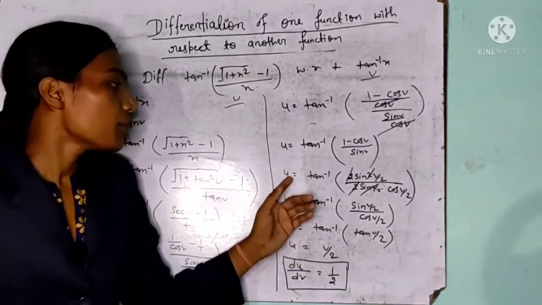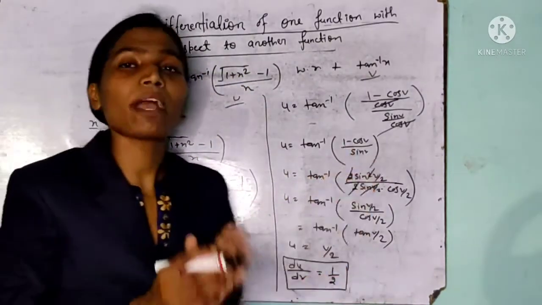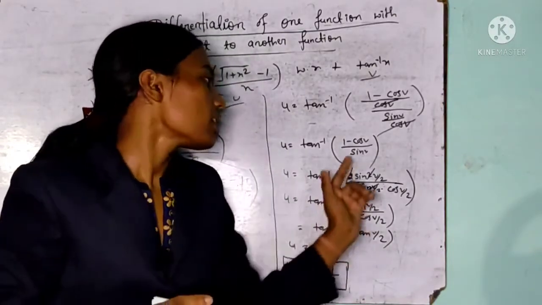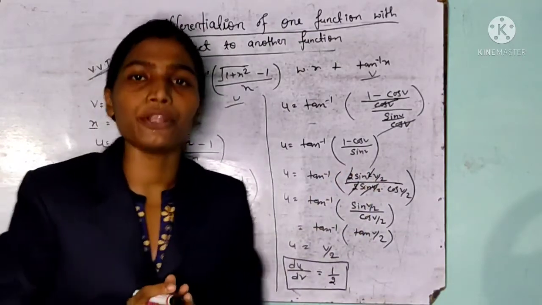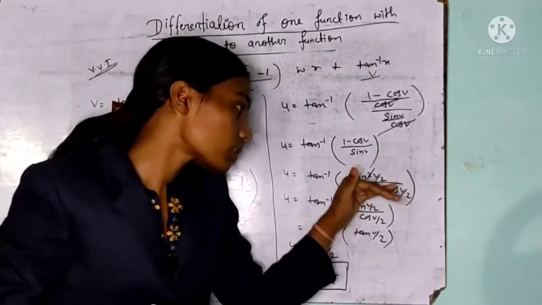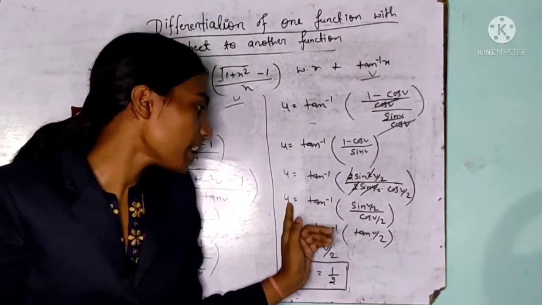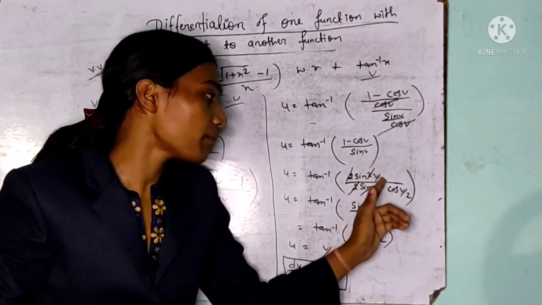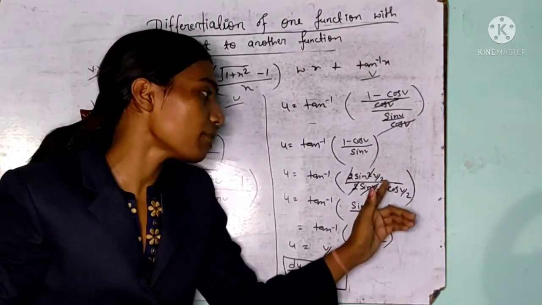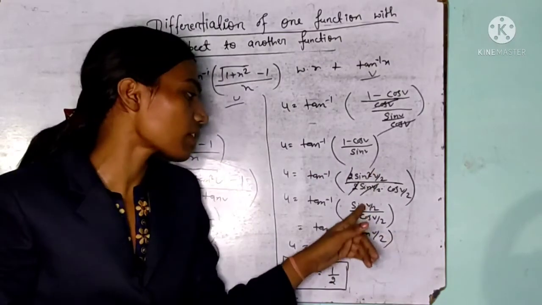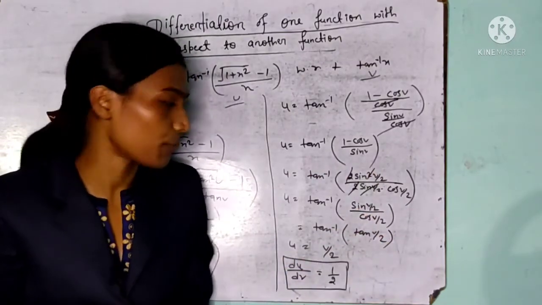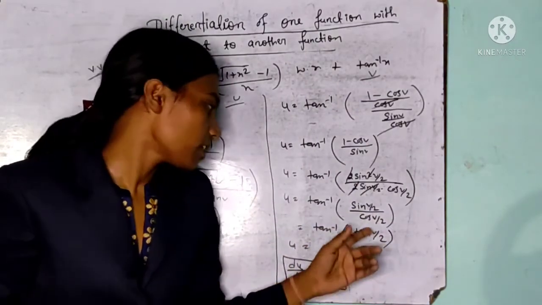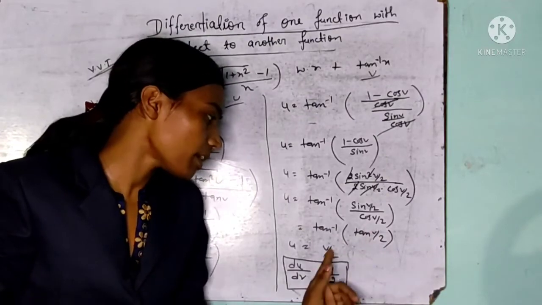Now next, u is equal to tan inverse of 1 minus cos v. A standard formula we have is 2 sin square v by 2, and for sin v we have 2 sin v by 2 into cos v by 2. So I am substituting that same formula here, and we get u is equal to tan inverse of 2 gets cancelled, sin square v by 2, and remaining below sin v by 2. One sin gets cancelled, remaining function sin v by 2 upon cos v by 2. Now u is equal to tan inverse of sin by cos, we get tan. So now tan gets cancelled. What happened? Remaining v by 2.